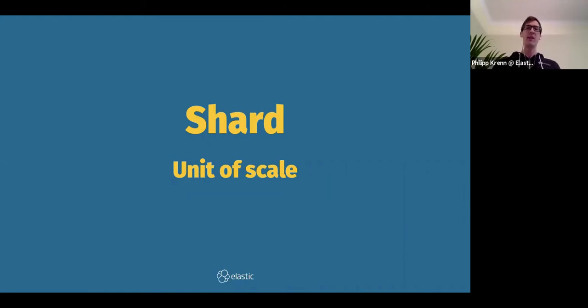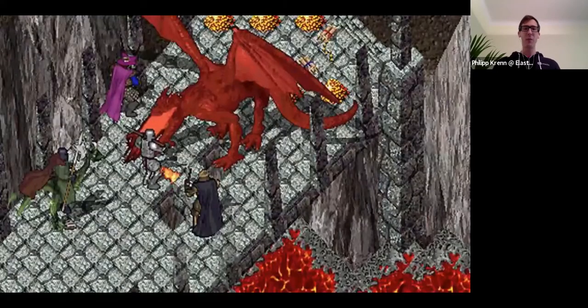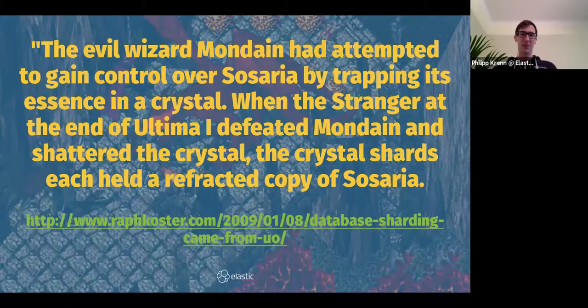By the way, since we're already doing Star Wars and other fun stuff, do you know where the term shard is coming from? And maybe this is not entirely true, but this is the story I believe in. Does anybody remember this one? Maybe you're old enough to have played that game a while ago. You can see from the graphics, it's not the most current one. This was Ultima Online.